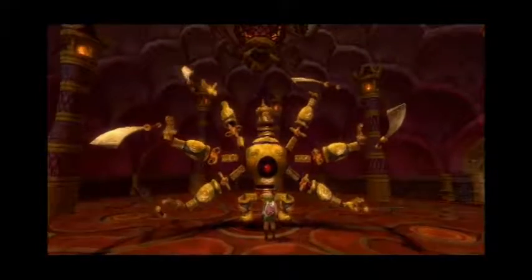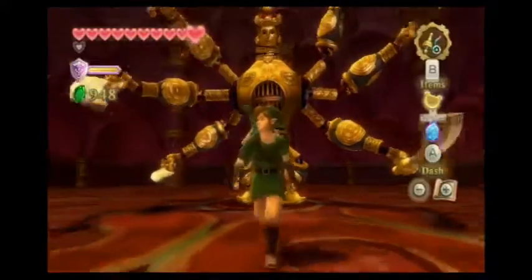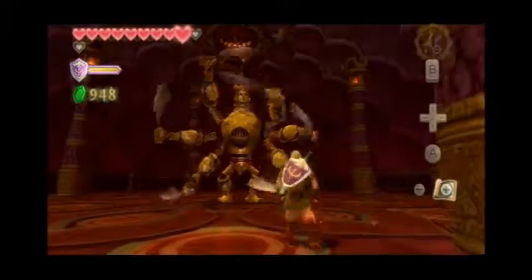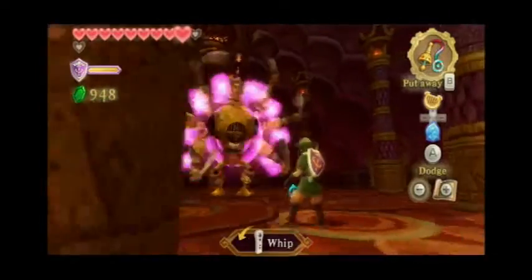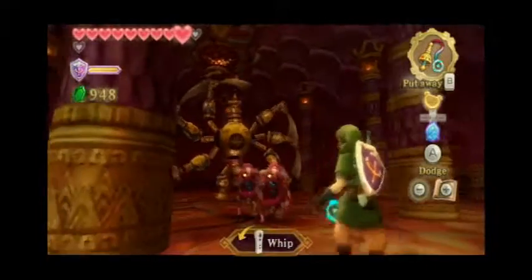In case you couldn't tell, I really, really like this boss fight. It's just... I mean, his attacks are, you know... Ow. I was gonna say his attacks are generic and easy to avoid. And then I got hit with them, which is embarrassing. He can do this. He can summon those cursed bokoblins from earlier, but...